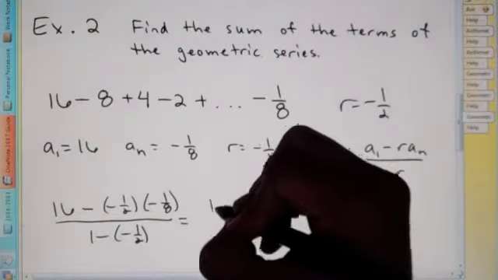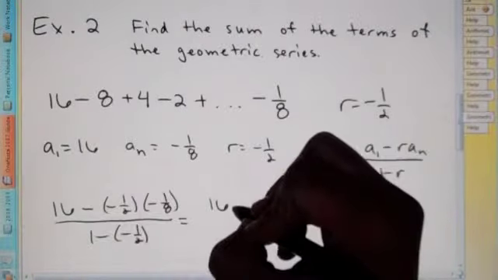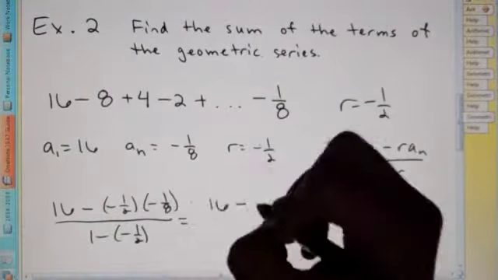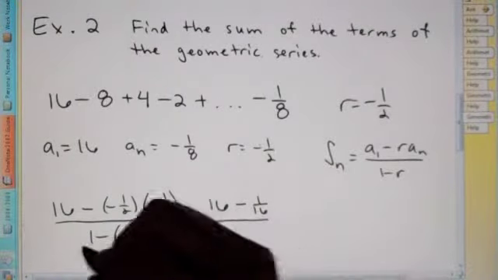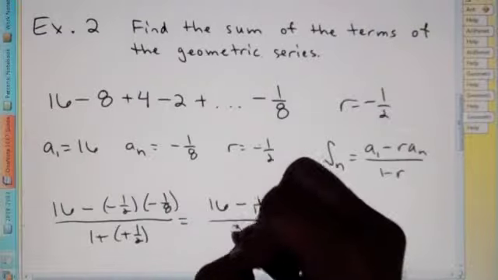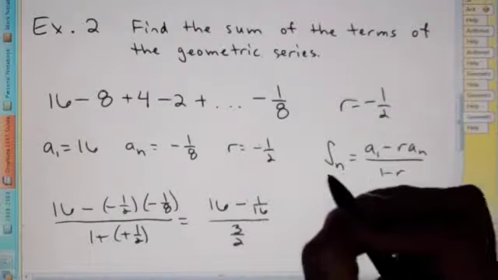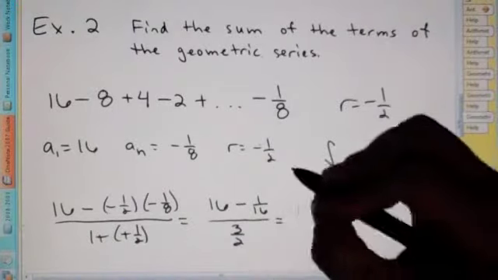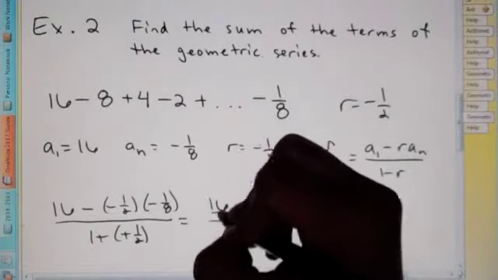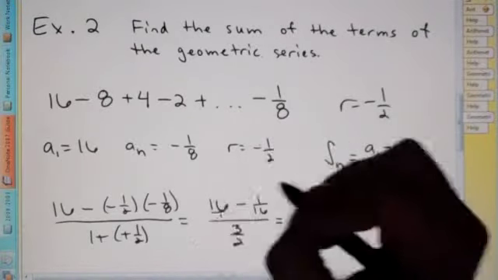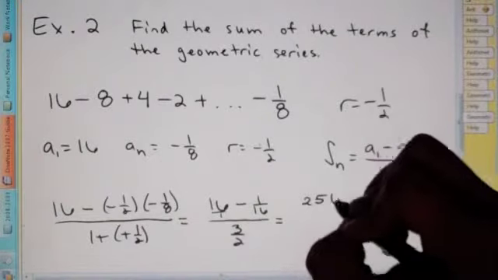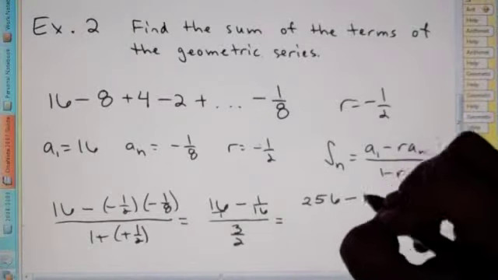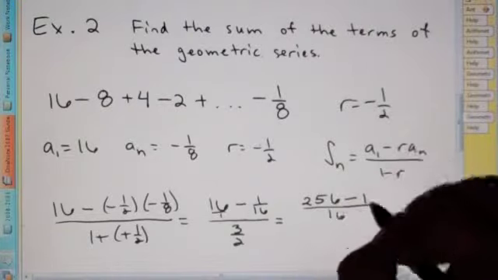So here we have 16, negative, negative, negative stays negative, odd negatives, minus 1/16 over 1 plus 1/2 is 3/2. So up top, we're going to need a common denominator. So we can rewrite this. I need to turn this 16 over 1. I need to multiply top and bottom by 16 to get a common denominator. So here I have 256 minus 1, and now they're both over 16,